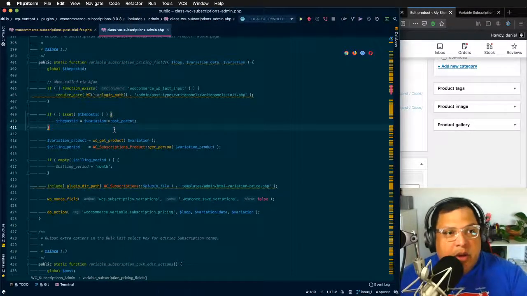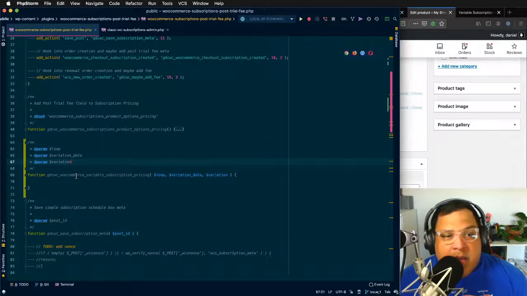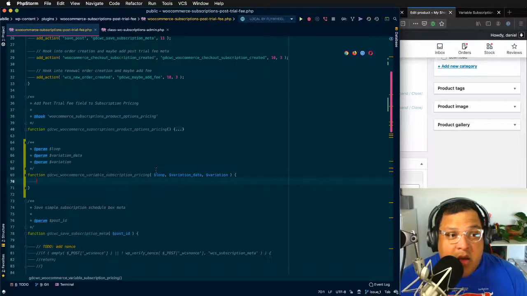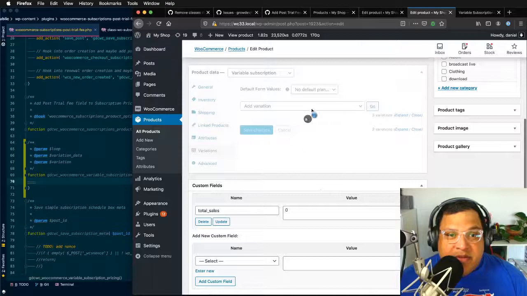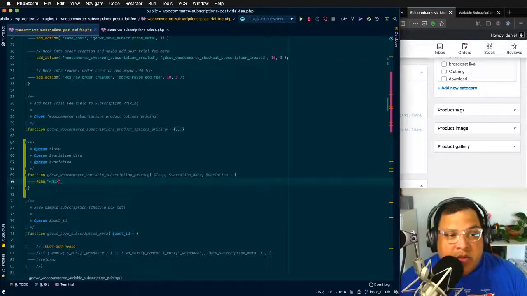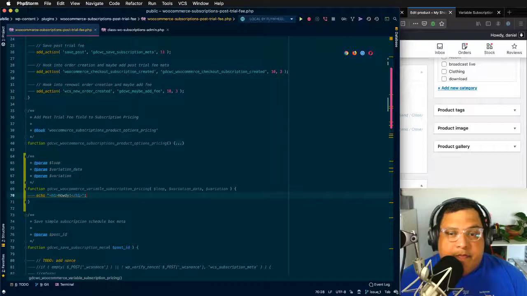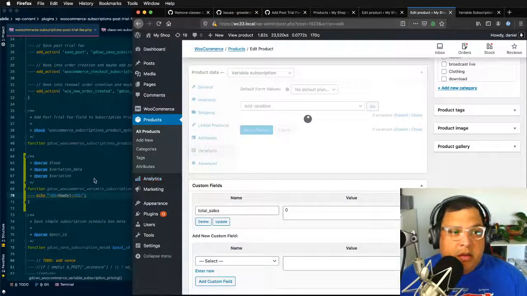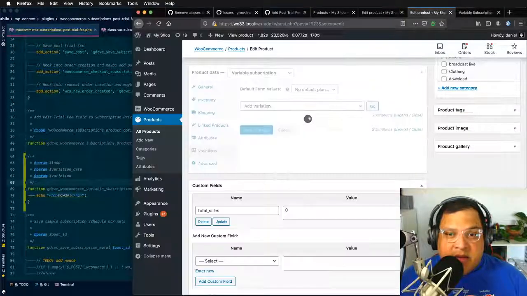Okay, so back to the code. I have a function that should be called at the bottom of this variation section. So I'm just going to do echo h1 howdy, just to make sure we're in the right place. Okay, my plugin is already active, so once this finishes whatever it is it's doing,